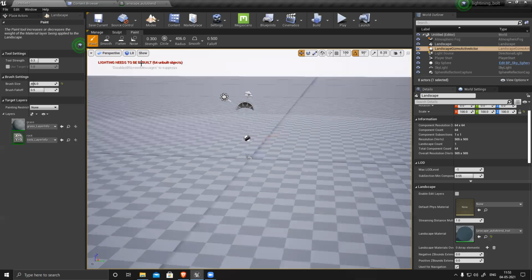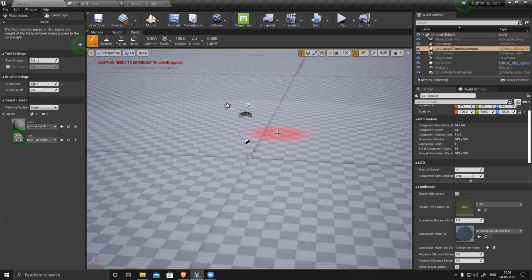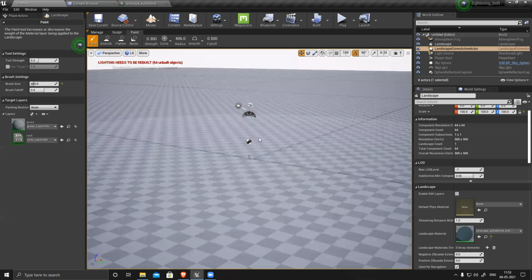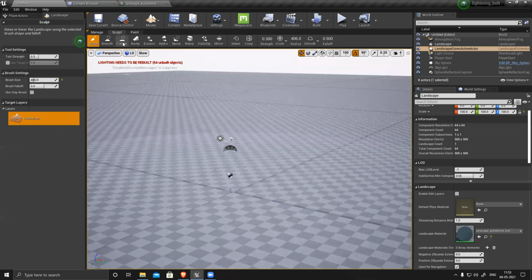Okay, so it's still compiling. I'll go to sculpt. Let's sculpt a few things. It should generate quickly.